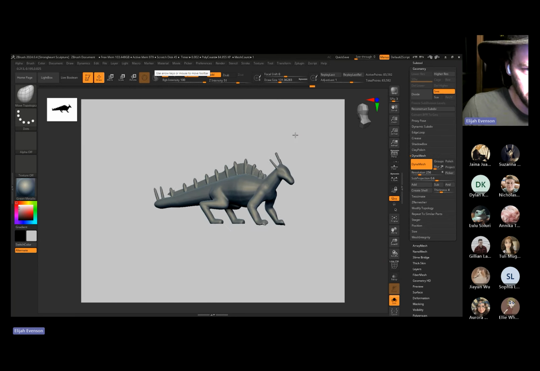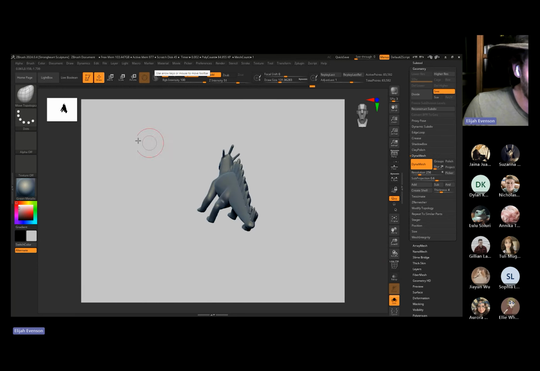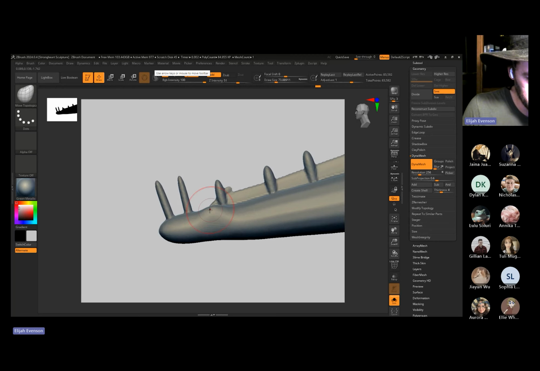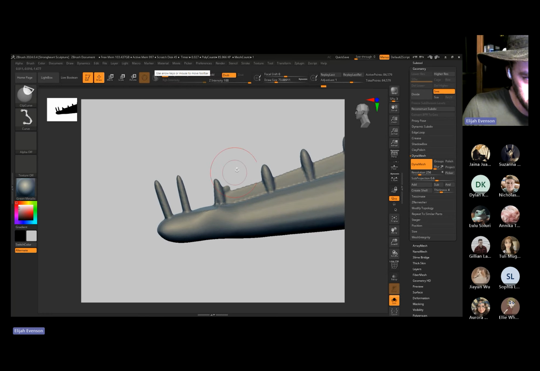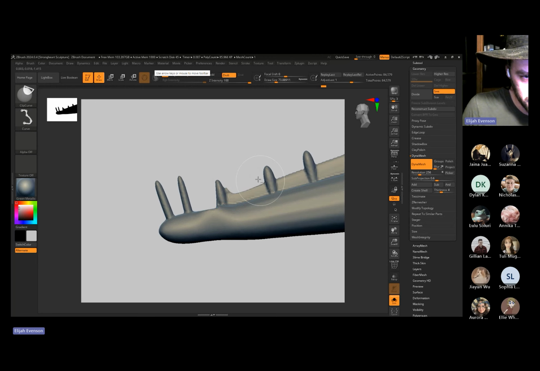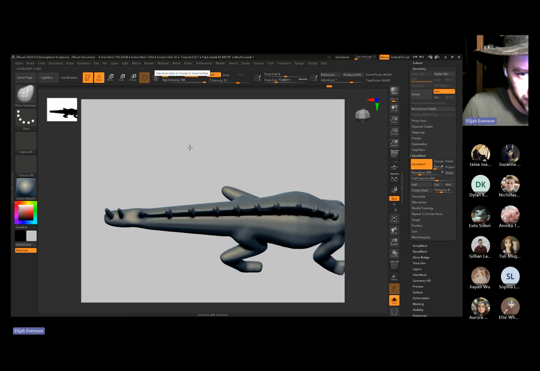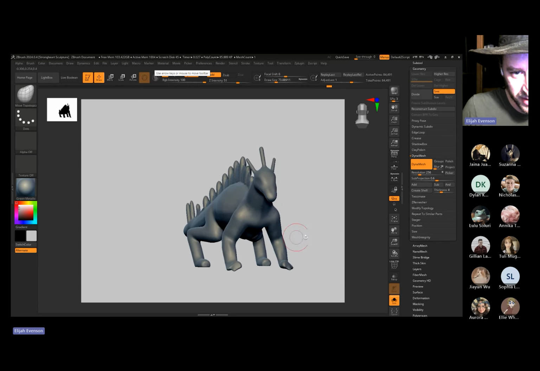Anyway, we're getting to a point where class is almost over. I want to just leave it open for anybody to ask any questions. You can see there's some ugly spots here. No problem. It's all just Dynamesh roughed out. And yeah, so there might be one more fin I put in the back, but at a certain point, this will